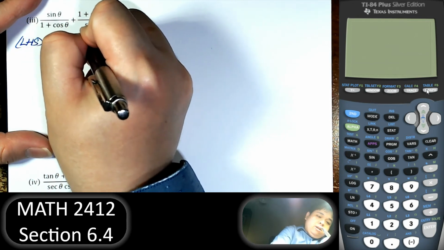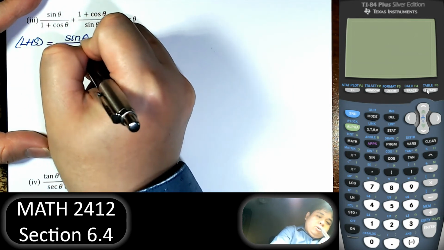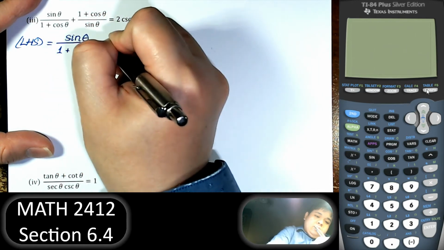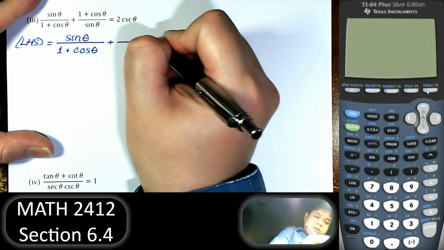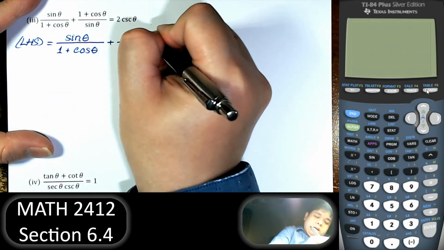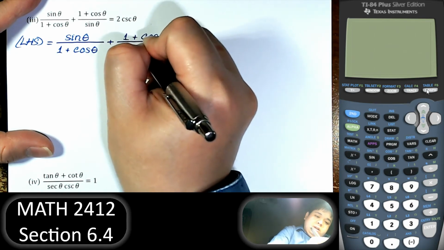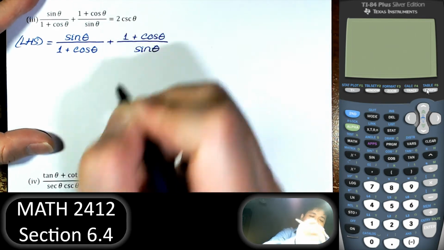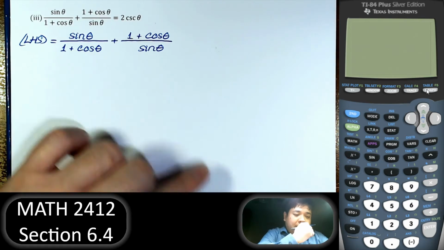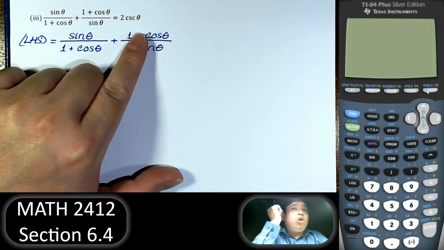Sine, 1 plus cosine theta, 1 plus cosine theta, sine. Well, we have cosecant on the other side. Not sure how we get that,